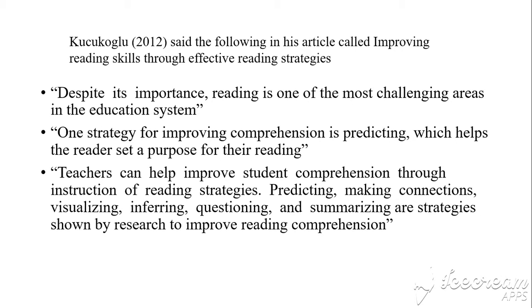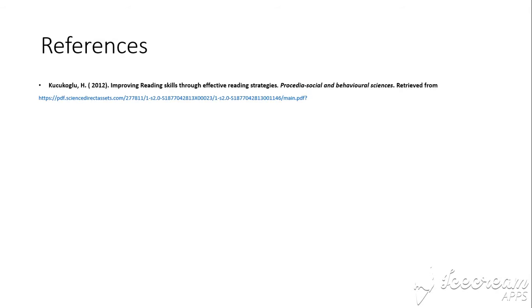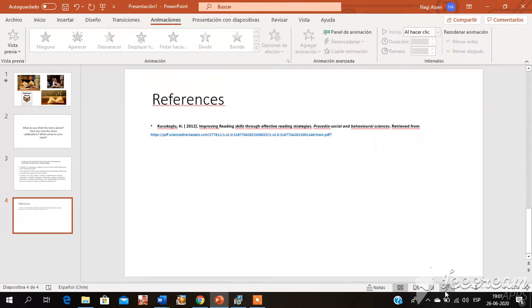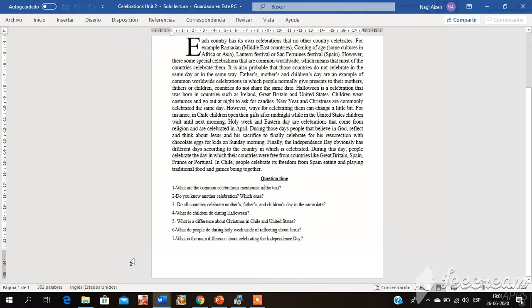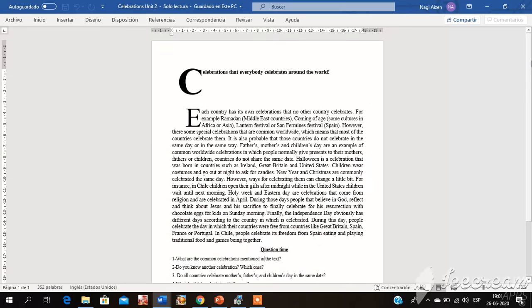Finally, teachers can help improve student comprehension through instruction of reading strategies. Predicting, making connections, visualizing, inferring, questioning, and summarizing are strategies shown by research to improve reading comprehension. This is the reference. So, for today's activity and to improve reading, students will receive this text, but before,